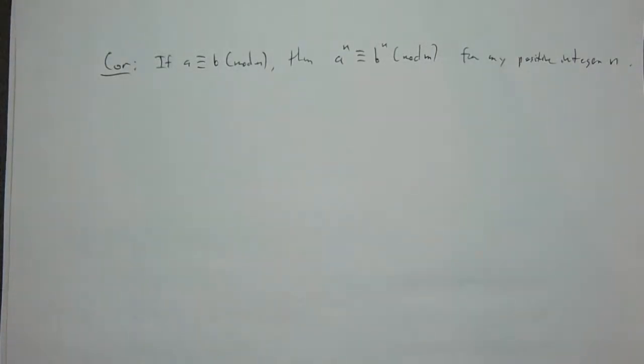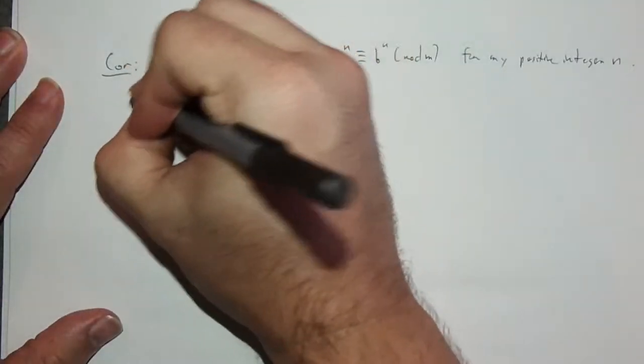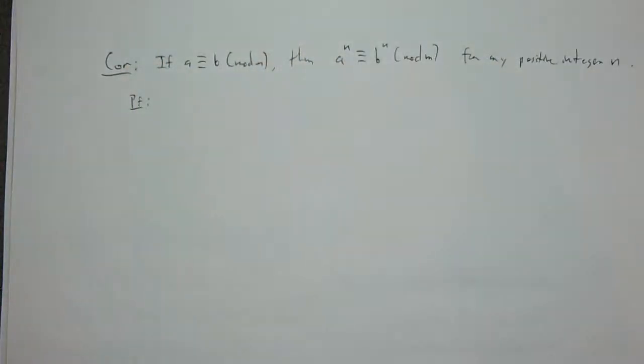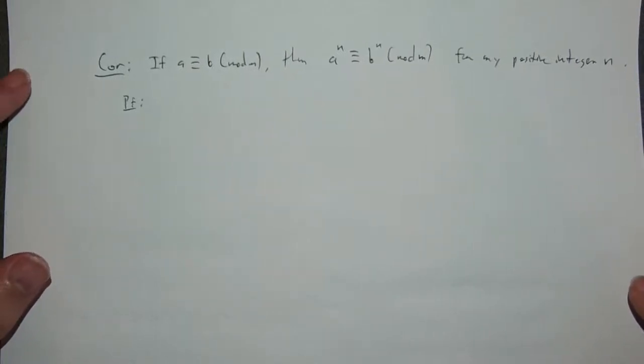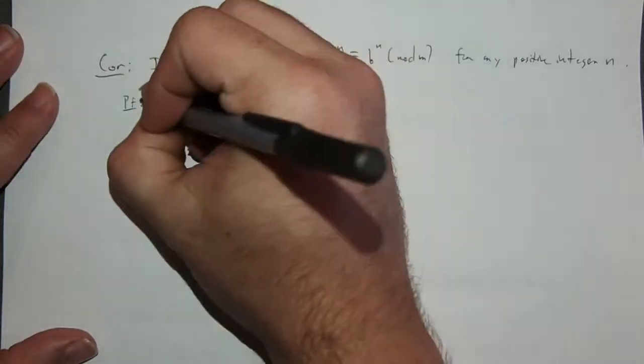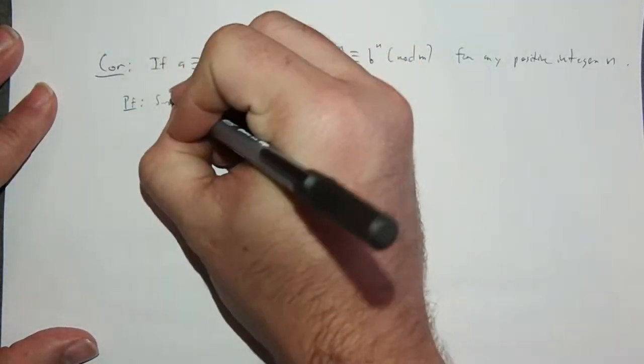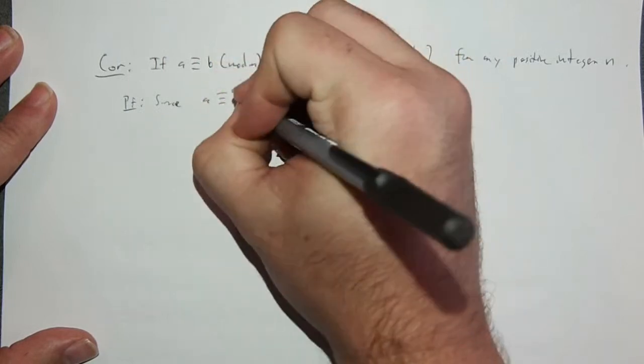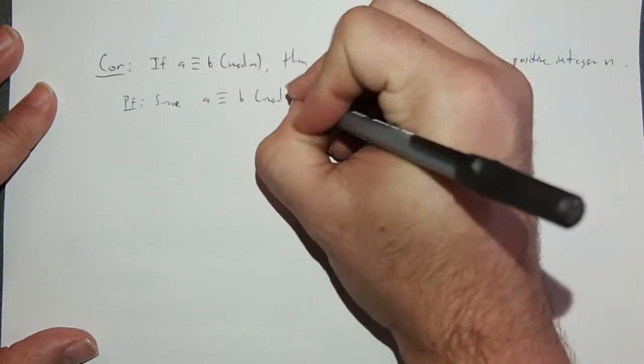All right. So the proof of that is really quick, and this would work regardless of what these numbers were. You could view our example that we did earlier as kind of showing you what it is that's going on here. So since A is congruent to B mod m,